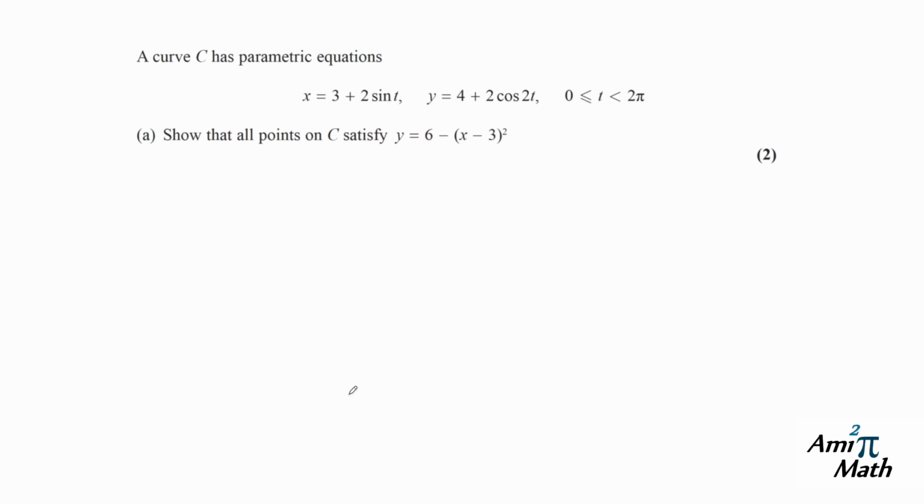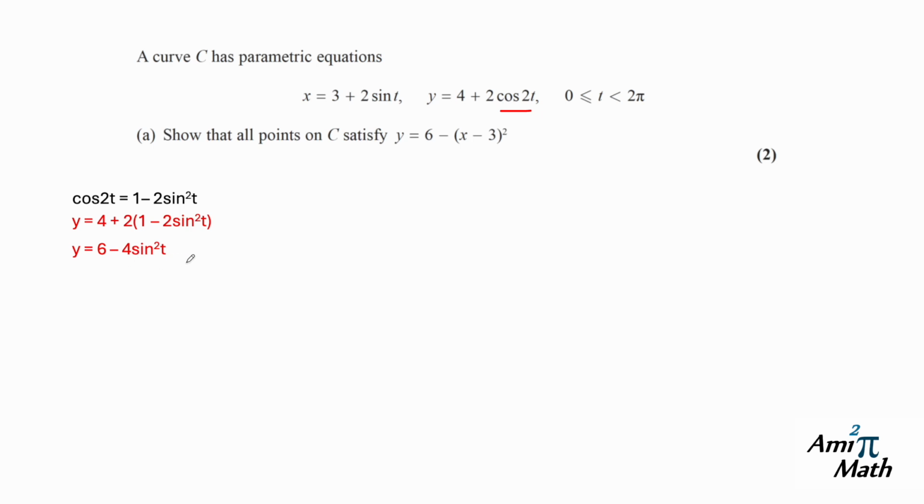A curve C has parametric equations x equals 3 plus 2 sine t, y equals 4 plus 2 cos 2t. Show all points on C satisfy y equals 6 minus (x minus 3) squared. So to do this, we need to first get rid of this cos 2t using our double angle formulae, which is 1 minus 2 sine squared t. And then we can rewrite this y equation as 4 plus 2 bracket 1 minus 2 sine squared t, which gives us y equals 6 minus 4